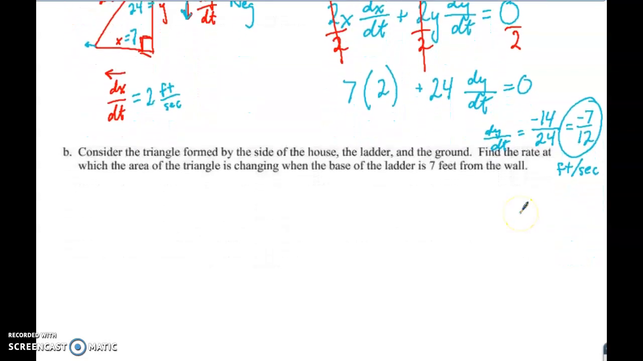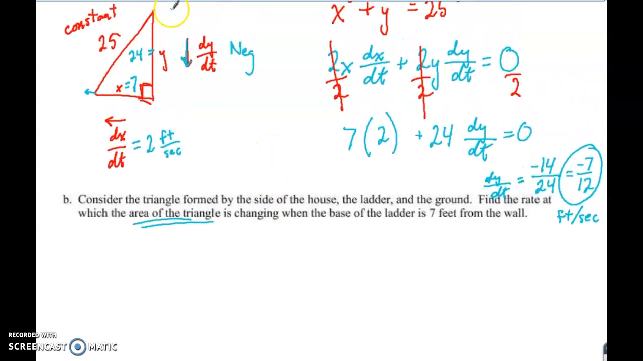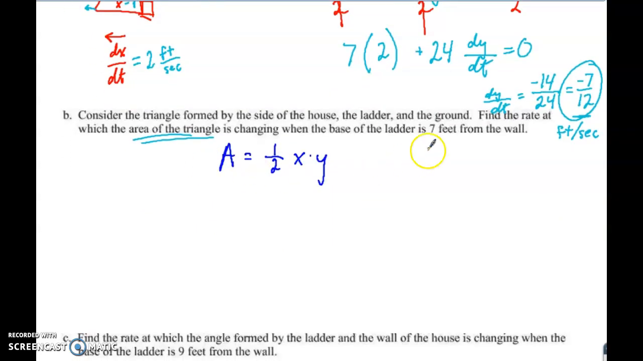So now what they're asking you to do is find the rate at which the area of the triangle is changing. So what would be important to realize is that we now need dy/dt to answer this question, because the area of a triangle is equal to 1/2 the base times height. Well, the base that I used was x and the height I used was y. So if I ask you for the rate at which the area of the triangle is changing, then go ahead and do dA/dt